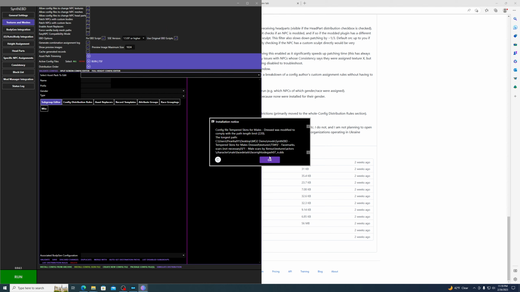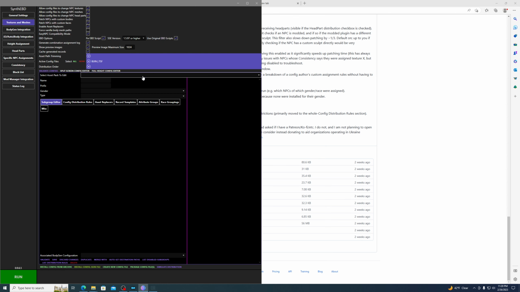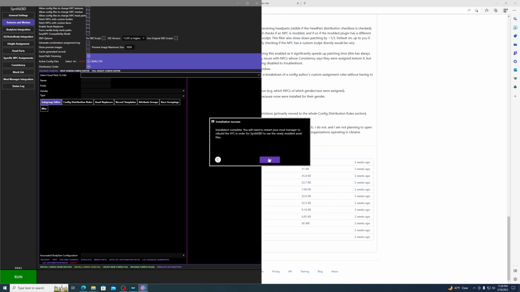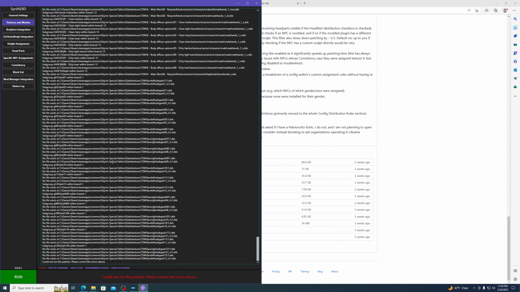We have the same warning about path lengths, so we'll click OK. Now we've finished installations, but we have this warning that we need to restart SynthEBD. The reason for that is that we haven't activated these texture mods in MO2. So if we try to run the patcher, it'll give us a lot of errors about not being able to